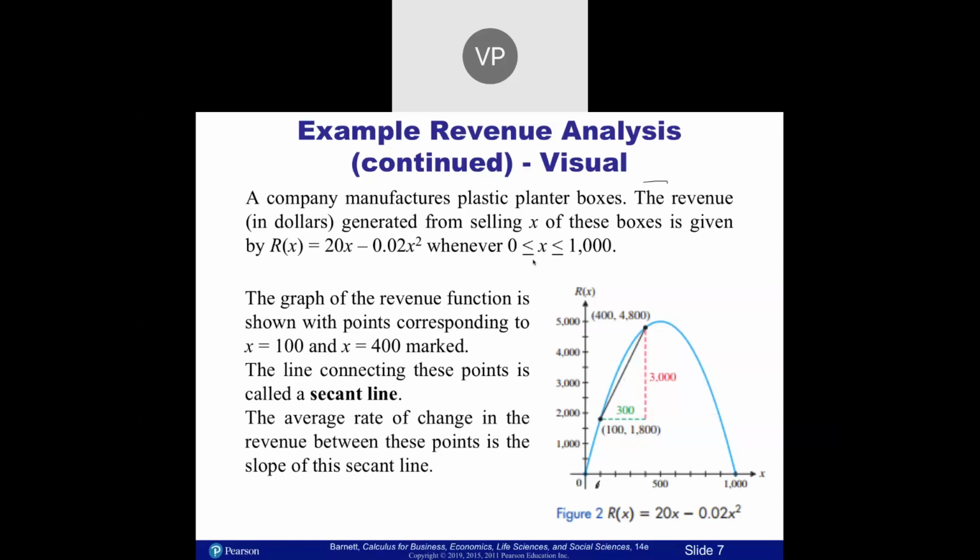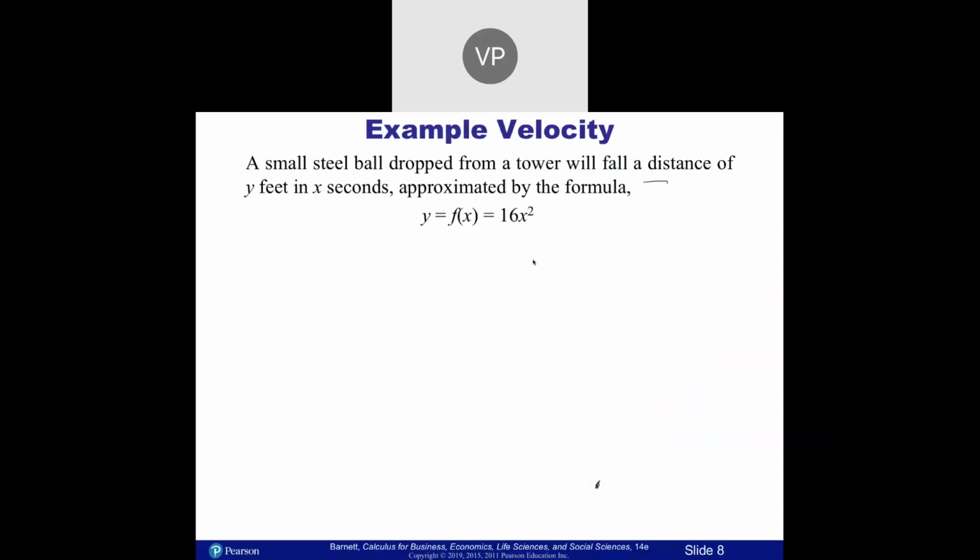Okay, so now we talk about a steel ball being dropped from a tower. Now, if you remember your basic science and physics, it doesn't matter how much the ball weighs. For the most part, aside from getting drag from a feather or a kite or a sail, a parachute, everything will drop the same. So I can have a 10-pound brick or I can have a 1-pound steel ball. They're going to fall at the same rate. So we don't care about the weight of the ball. We just care about where it's dropped from and how much. So the formula is